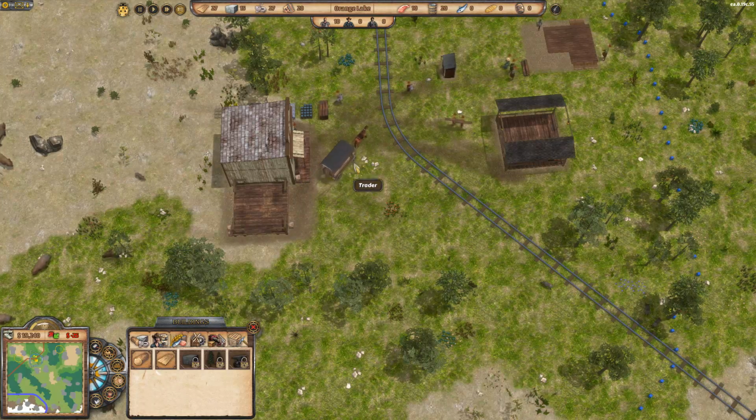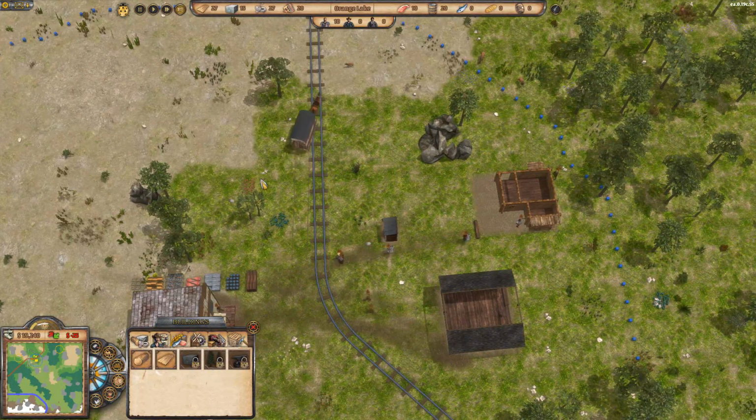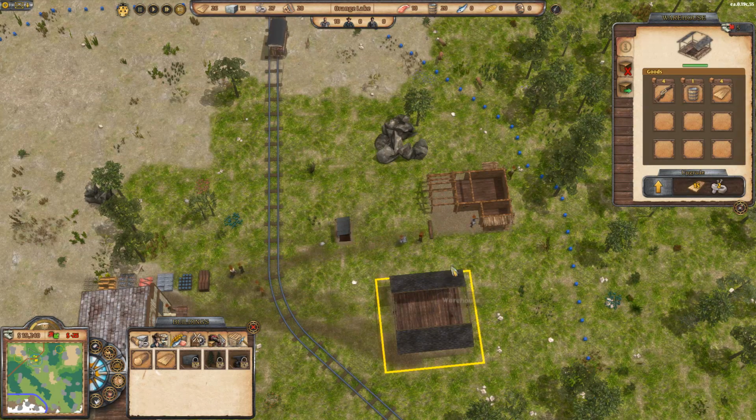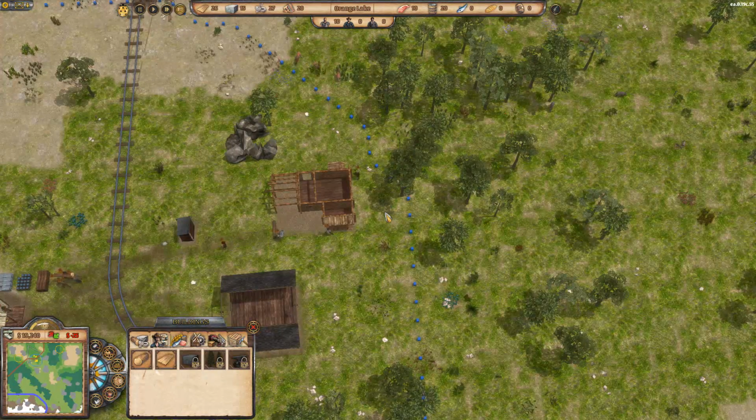What is this guy right here? He's a trader? What does he do? Oh, yeah, I think I remember that mechanic. You set up what you want to buy and what you want to sell in your stockpile or something like that. So goods distribution and then incoming goods. Oh, I don't know. It'd probably be a good idea to get a couple guns, but...